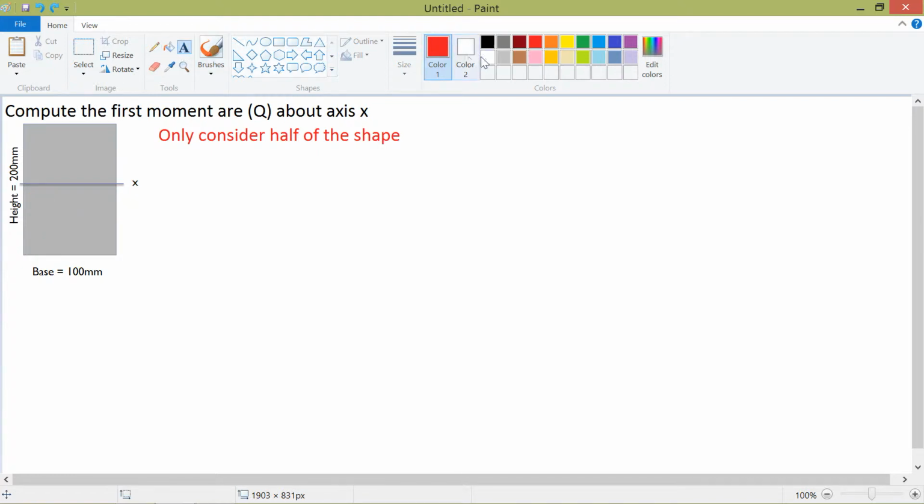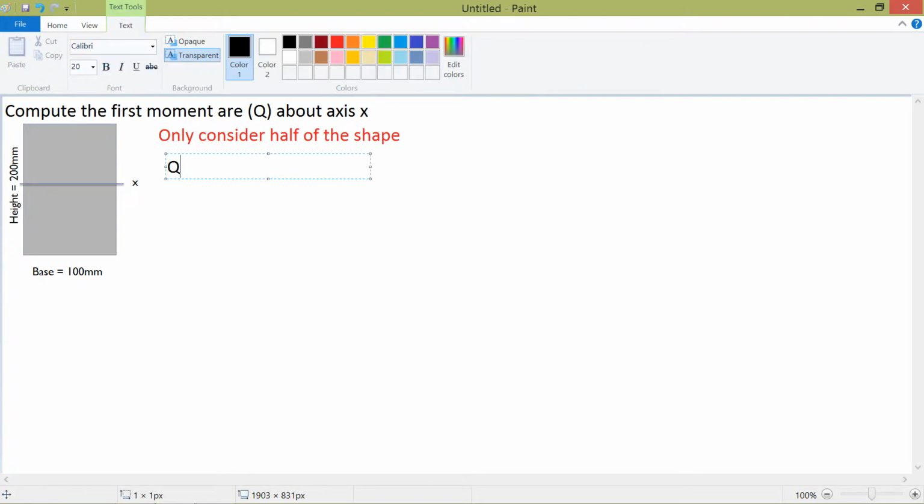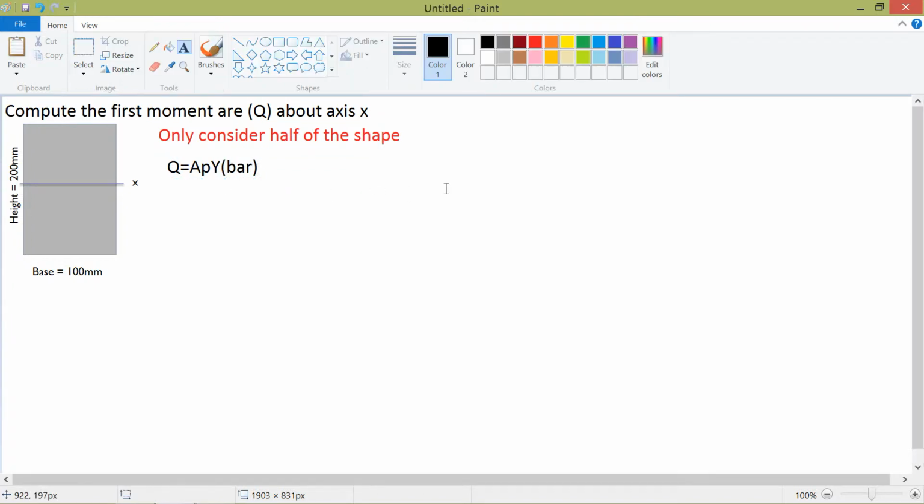Now let's remind ourselves what the formula for Q is. Q is equal to A_p times y bar. Okay, so we need to get those things. So A_p, in the previous slide, is just the area of the shape above or below the axis. Well, all that means, if I'm just considering one of the bottom areas,